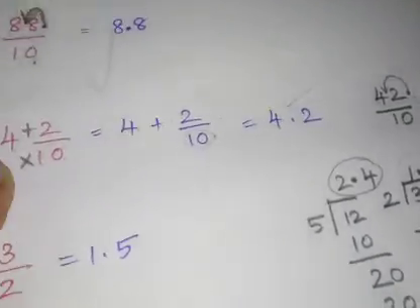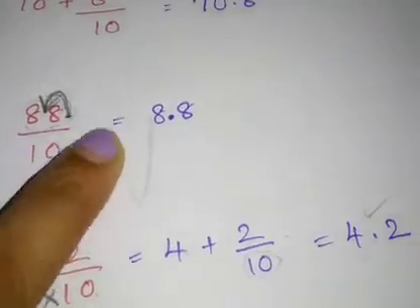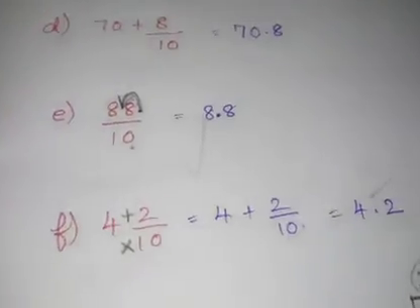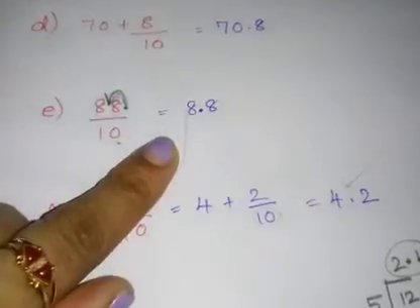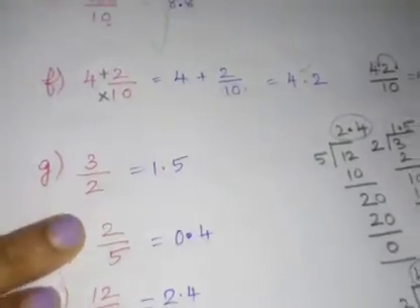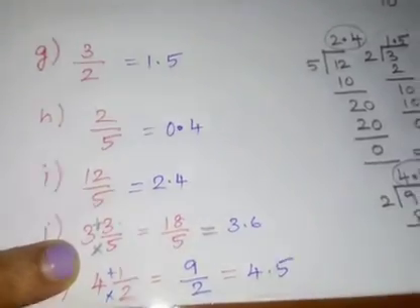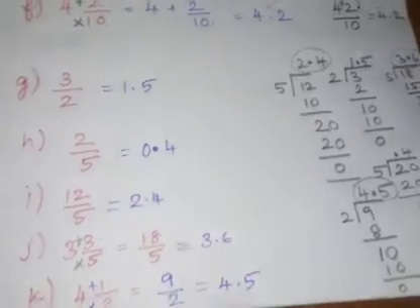Here also you can divide it. So this thing is, when you divide by 10, you will shift one digit towards the left side. When you divide by 100, you will shift two digits towards the left side. So keep that in your mind. Now this is as usual division. This is like a mixed fraction. So what have I done? I converted it to an improper fraction, then divided and found the answer.